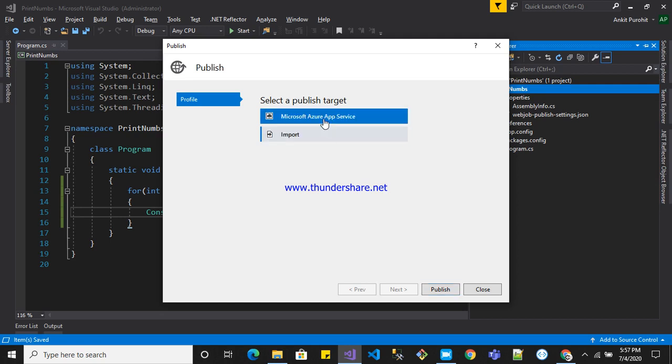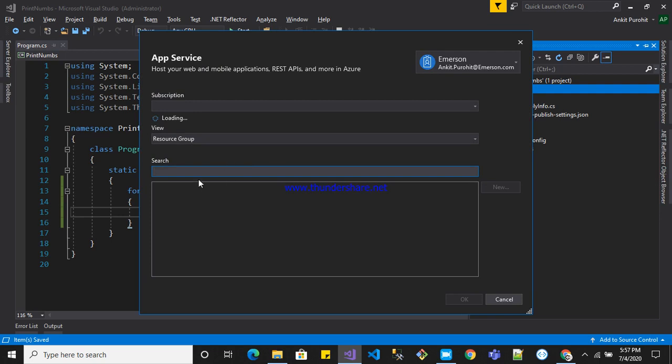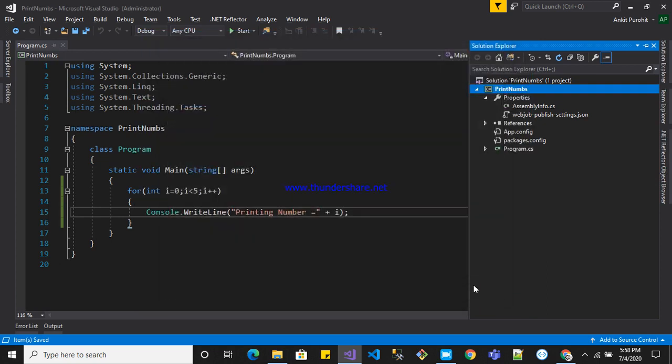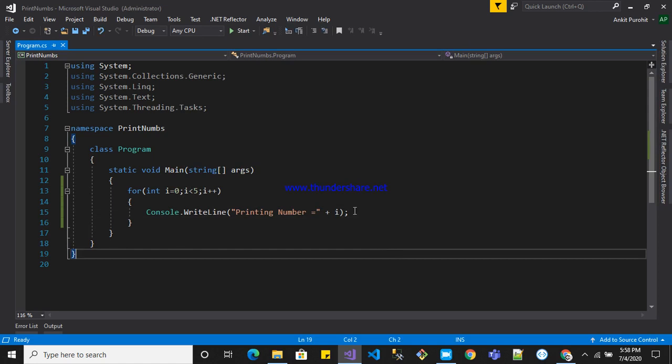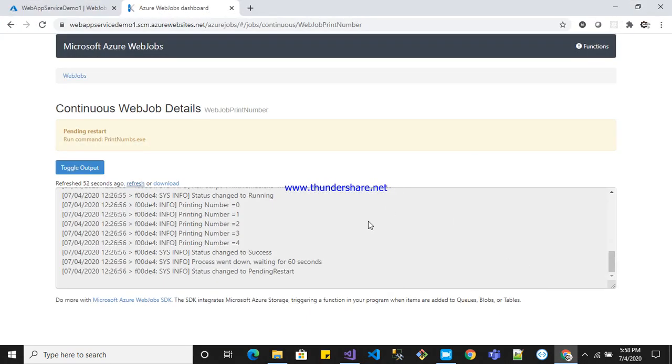So you have to select the app service. So you can select the resource group and see, this is my app service, and when you click OK, it will deploy your web job to that particular app service on Azure. So I won't do it right now. So yes, we have successfully created web jobs,